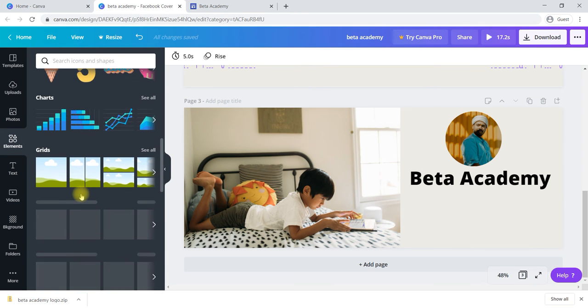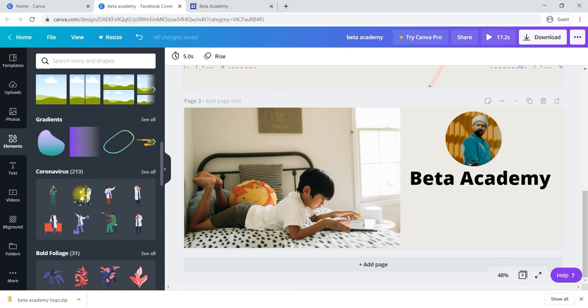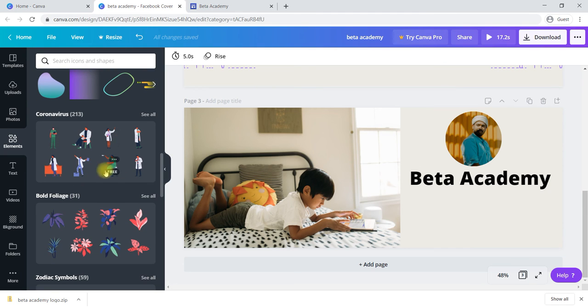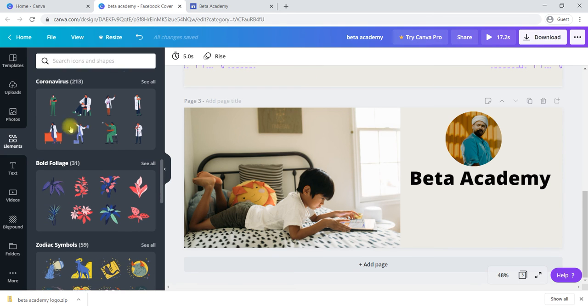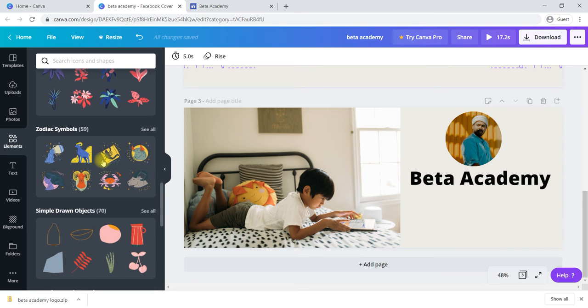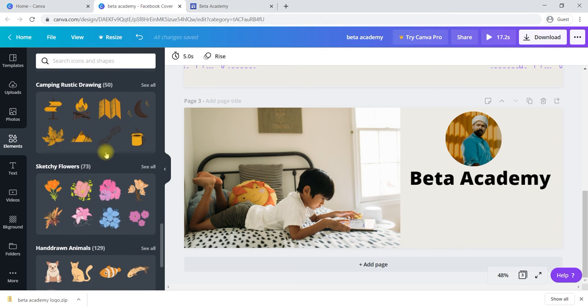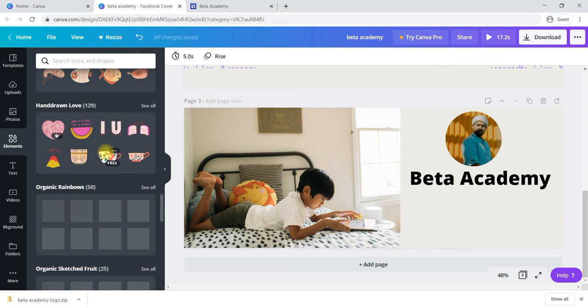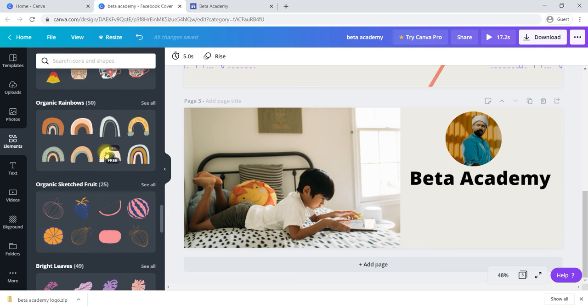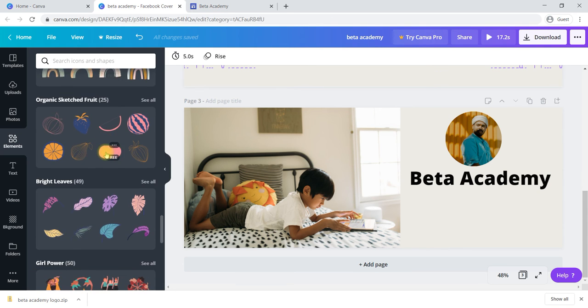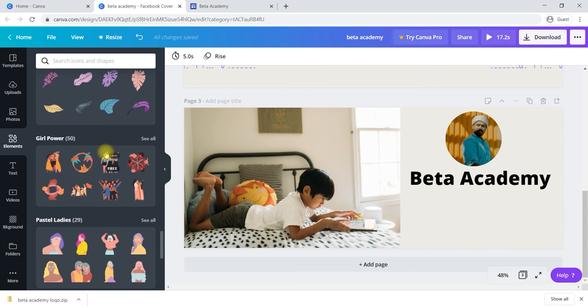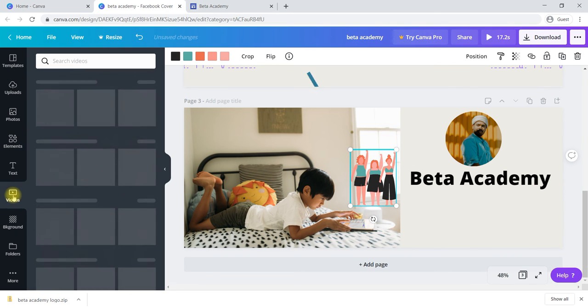Similarly, we have different trending images and symbols, and shapes. You can use anything here to make your banner much more attractive. And you can use videos also.